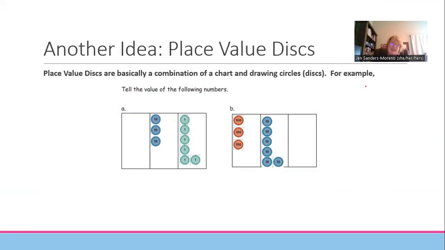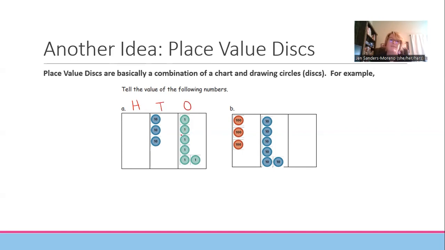One last thing of different tools that are used in the classroom are place value discs. Now, these can be actual plastic discs. You can buy sets, you can make your own. This is actually drawn in the textbook in second grade. And you can probably tell just from looking at this picture that they're trying to combine sort of the chart with disc. So what we have here is this is representing the hundred. So I'm just going to write a capital H for hundreds, a capital T for tens, and a capital O